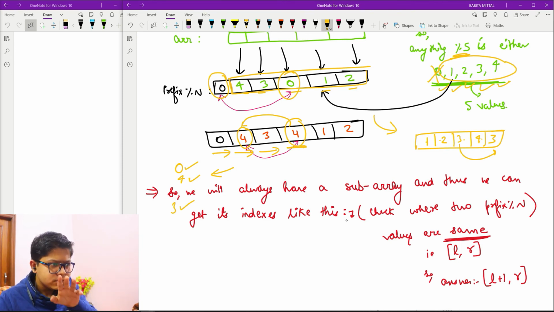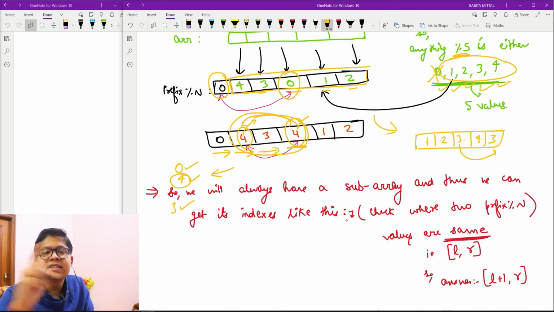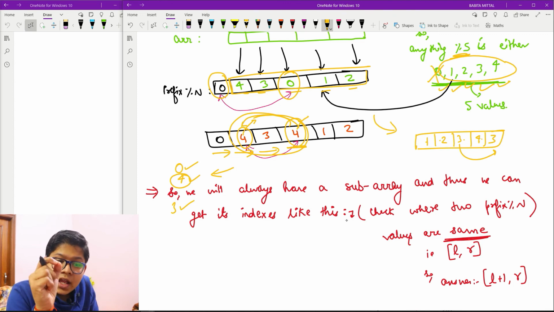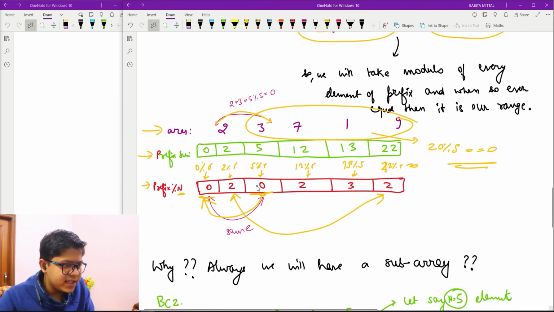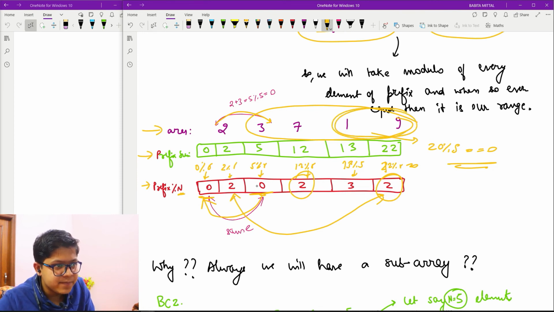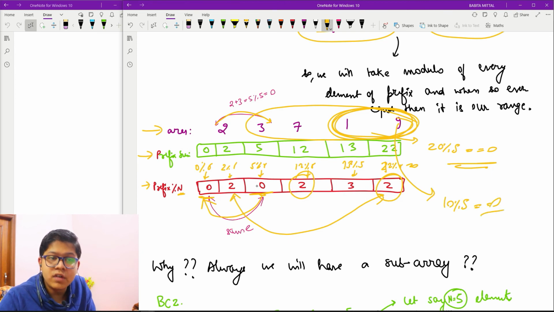So the location of 4 which I had here and the location of 4 I now got form the range where I can say that my sum mod n is 0. If I had a 2 here and a 2 here, I can clearly say that this range mod n, which is 5, is always 0.